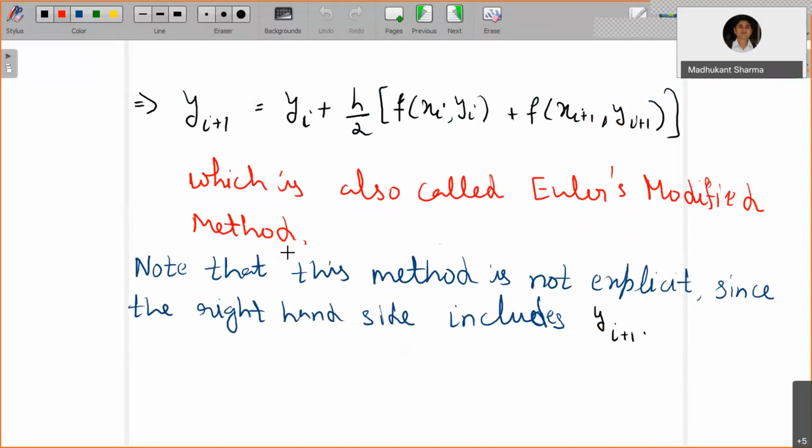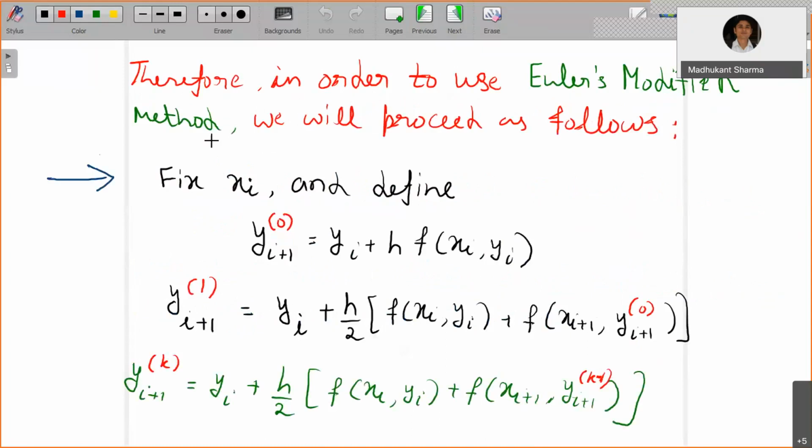So in order to use Euler's modified method or trapezoidal rule, we will proceed as follows. Fix x_i, and define the zeroth iteration. For the zeroth value, we have used Euler's method here. You can use Taylor's method as well, or Taylor's method of order 2, or RK2 or RK4. But when you combine Euler's method with the trapezoidal rule,